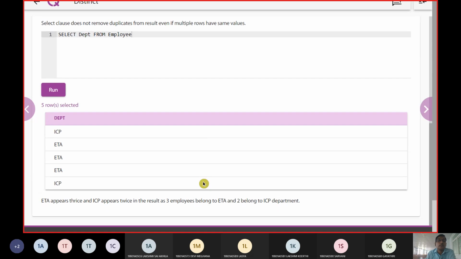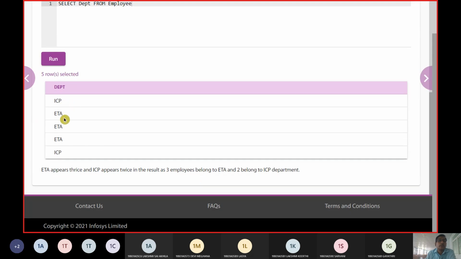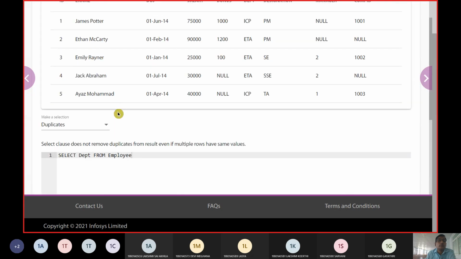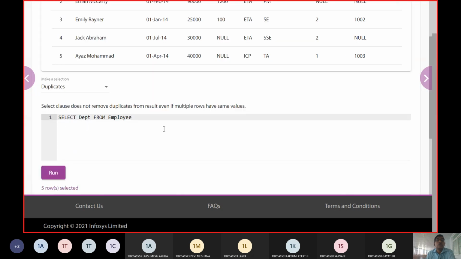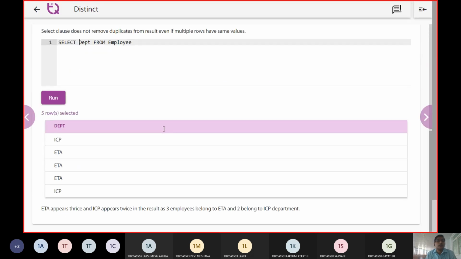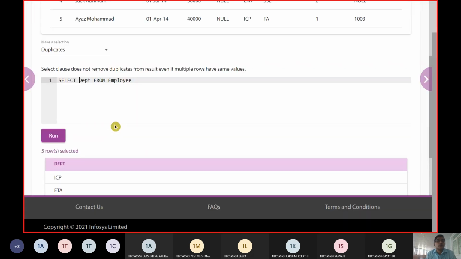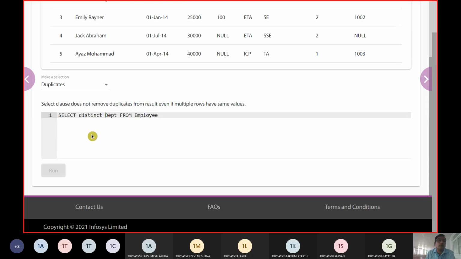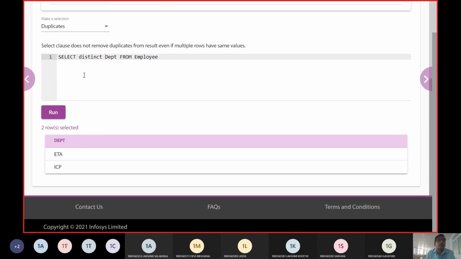Now in this case, we have ICP, ETA, and ICP. So now if I am moving this with a word called distinct, DISTINCT, now when I am going to hit this button, you can see we have used the clause called distinct.